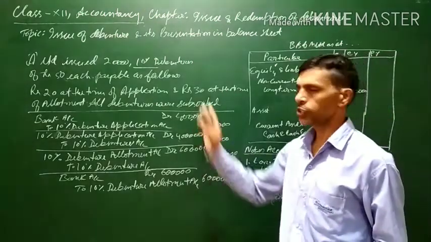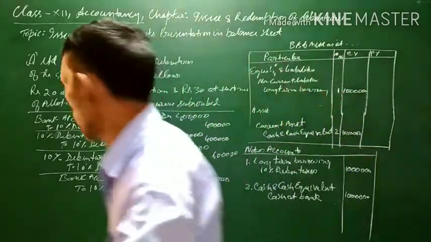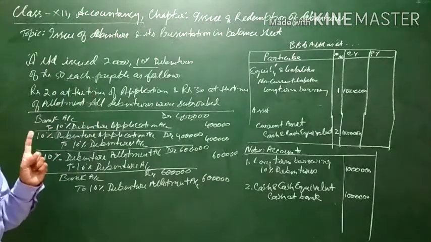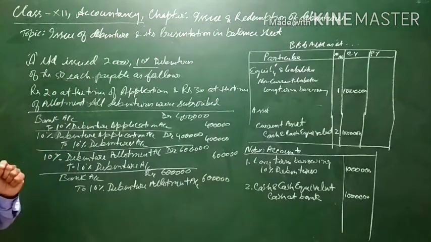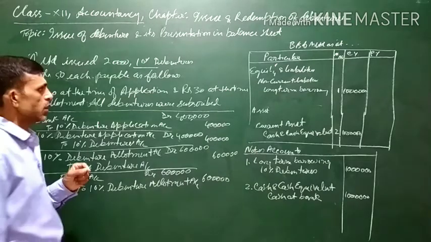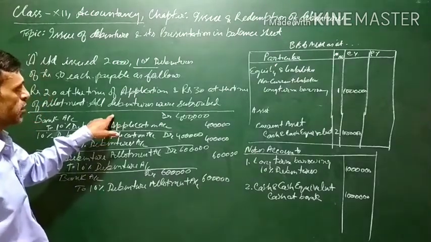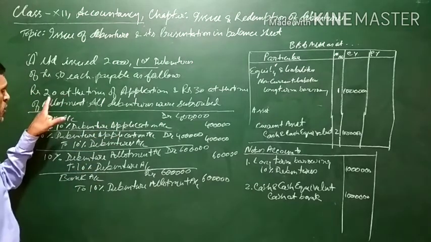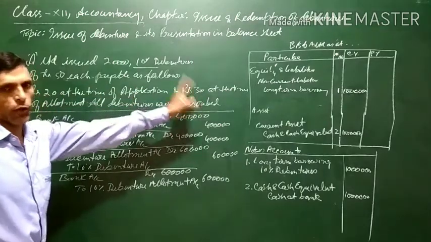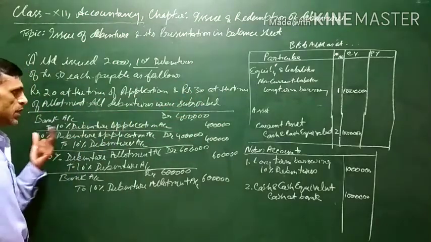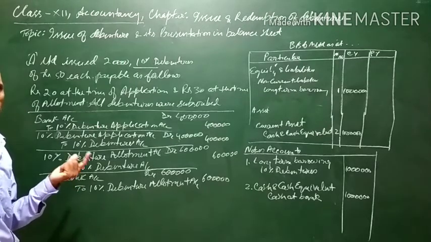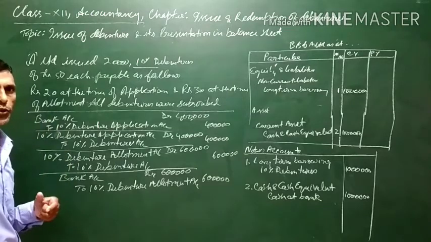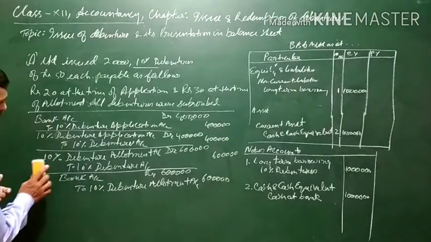Now, let us modify the question a bit more. The question will remain the same. Let us assume that this debenture has been issued at a discount of rupees 5 each. Earlier the debentures were issued at par, because the debentures are rupees 50 each, 20 called at the time of application and 30 at the time of allotment, total 50. Now a debenture can be issued at a discount, and it can be issued at a premium also. So assuming that the debentures are issued at a discount, let us see what the general entry will be.